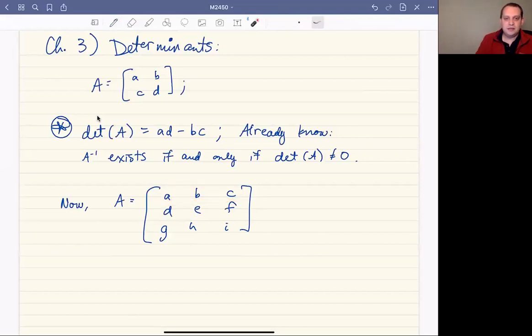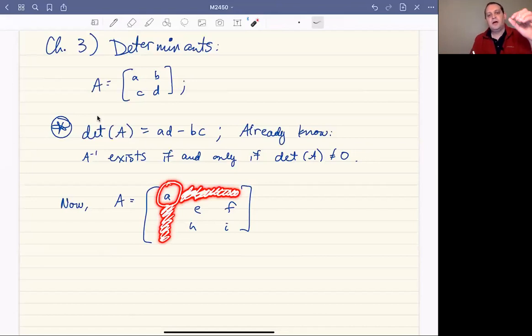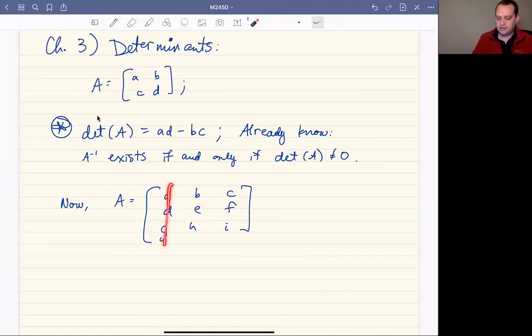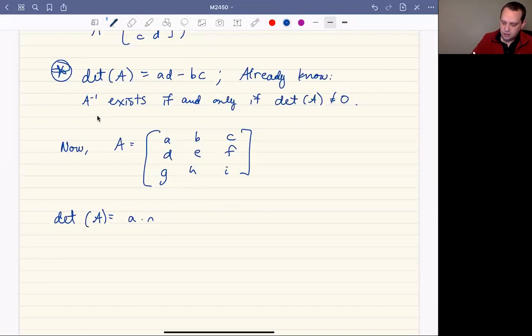And so we have A, B, C. What I'm going to do is take the A term, and since I'm looking at the term in the first row, first column, I'm going to scratch out the other values in that row and column. So I'm going to scratch out those terms. And then we're going to get the term A times the determinant of what's called the 2 by 2 submatrix. Again, that's the 2 by 2 matrix that we get by deleting the first row, first column of A. So the determinant of A is going to be little a times the determinant of the 2 by 2 matrix E, F, H,